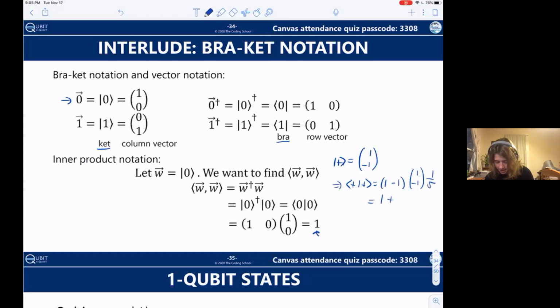Oh, and this should be normalized actually. Let's note this is normalized by square root 2. I realized I did not have that before. That's important for these states. And so this will give us a 1/2, and that will give us 1. So that's where you see that this normalization factor is really important, because without that, you'll end up with a resulting probability that's higher than 1, which isn't physical. Your maximum probability is always going to be 100%.